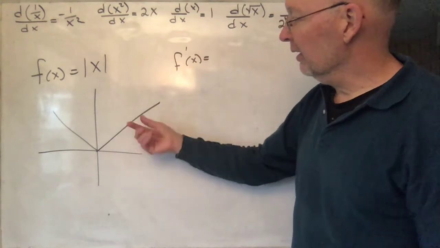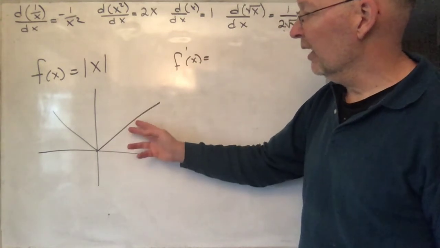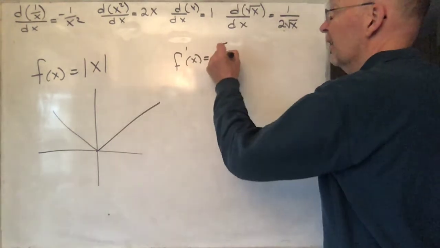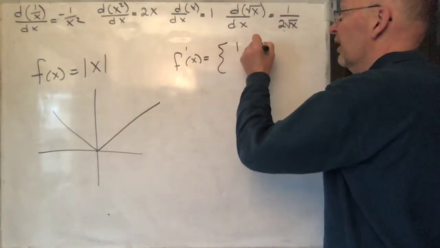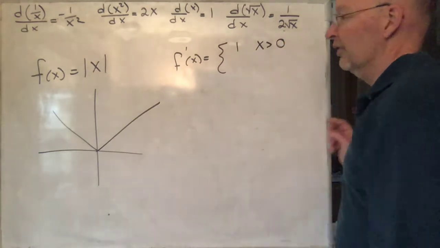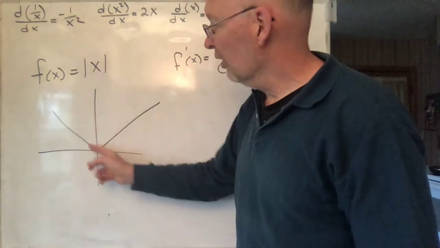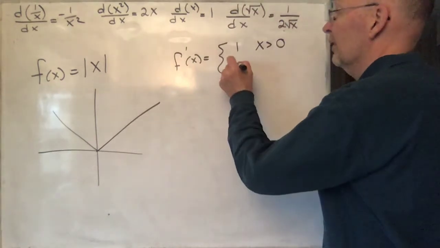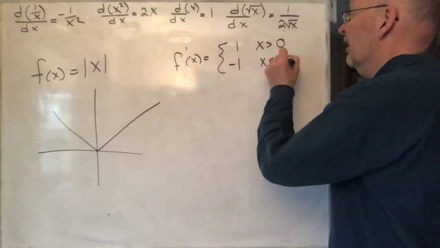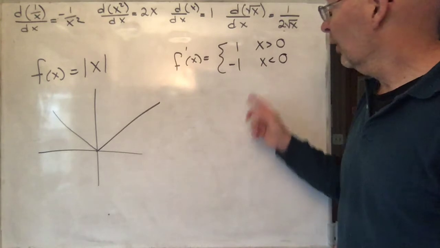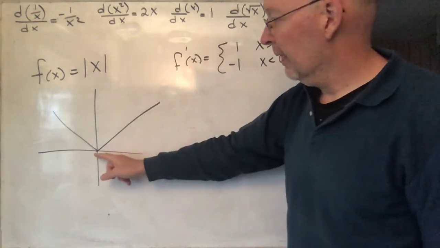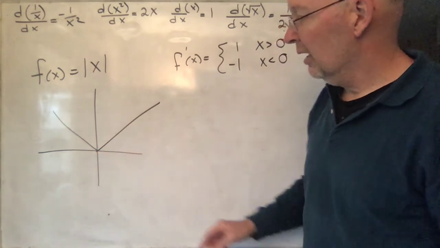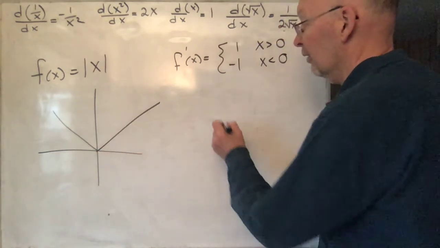Anywhere along here, if we were to take some x and evaluate it, the slope would be 1. So since the slope is 1, that tells you that the derivative is 1 when x is greater than 0. And for anything along there, the slope is negative 1. So the derivative would be negative 1 for x less than 0. And notice what one value is left out. At 0 itself, there is no derivative,